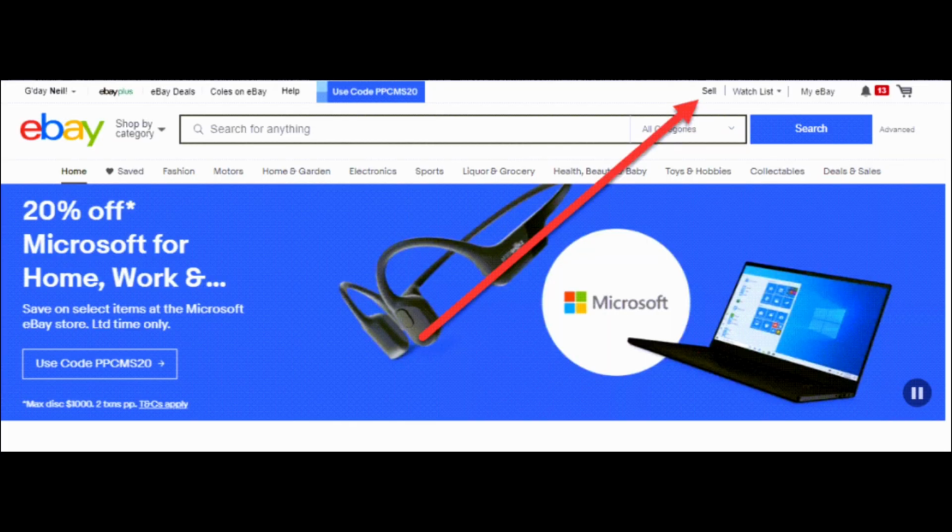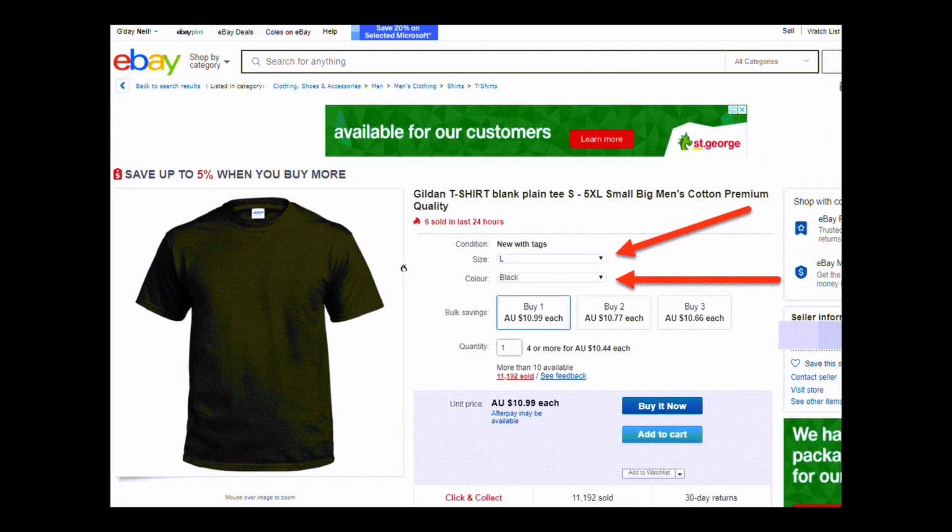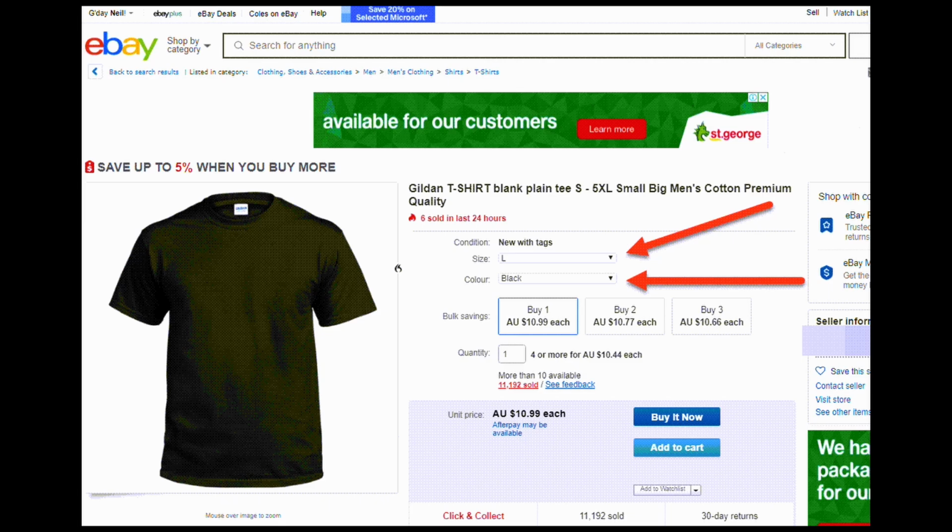For that, firstly you need to open the eBay application. If not, go to its official website. And once you're logged in with your account, simply click on the sell option at the top right corner. Once you click on it, select your product, and after you have selected your product, in the next page, you